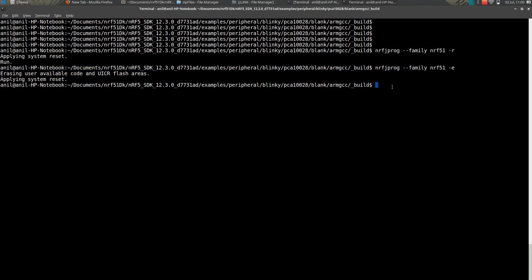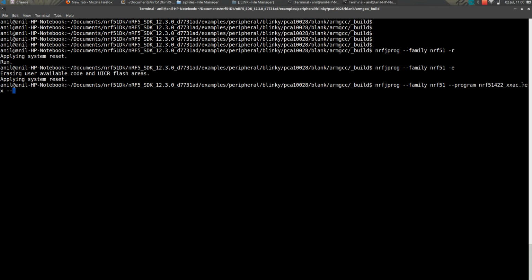Then we can actually run this using nrfjprog with family nrf51, then program. The file is nrf51 .hex. Remember, we need to burn the hex file.